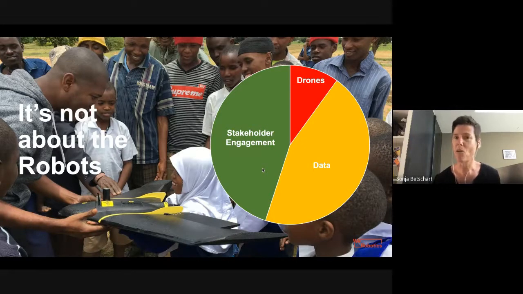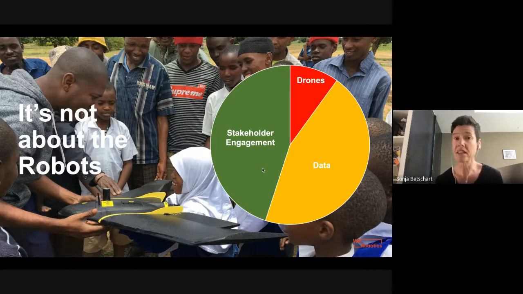And this is why we spend so much time on stakeholder engagement. So this was a really important learning. Again, we talk so much about drones and about the technology because it's exciting, and that's also okay. But then I always need to remind myself that in the end of the day, it's not about the drone. It is about the impact that the drone or the drone data actually can create. And this is what will make the difference, and not the drone itself.